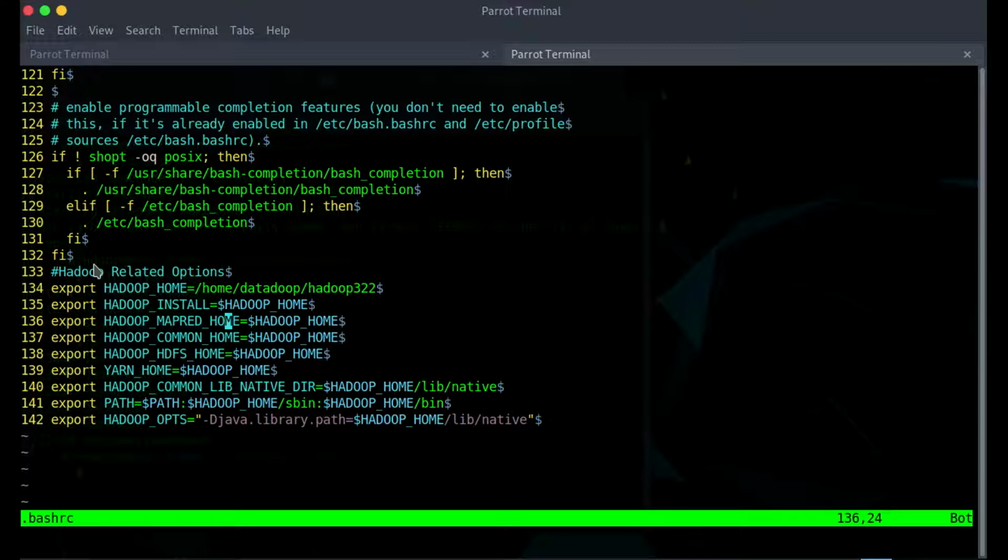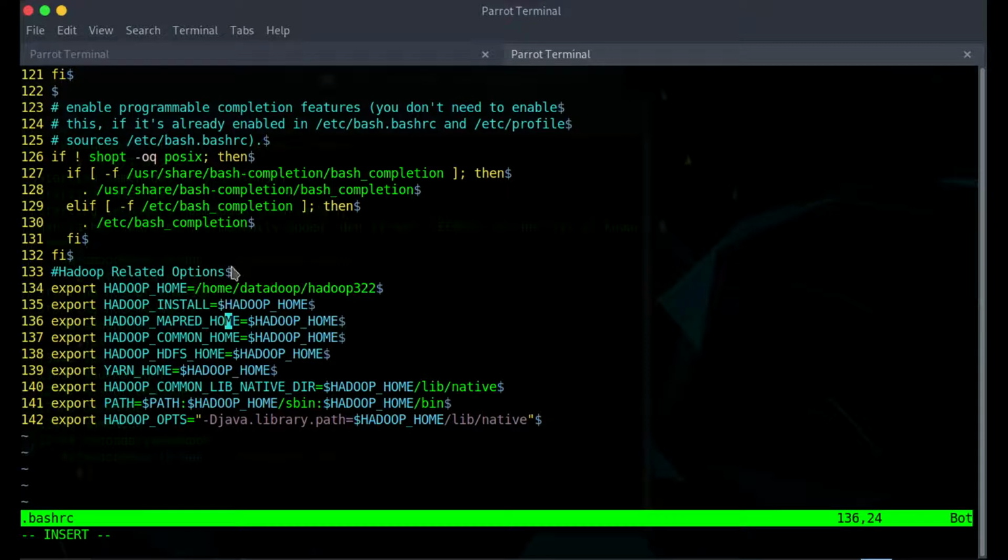Make sure you type i before you type all these commands, so that you enter insert mode. At the end of the bashrc file, you will have to start typing all these commands. I have typed hash Hadoop related options to make sure that the Hadoop configuration starts from line number 133.